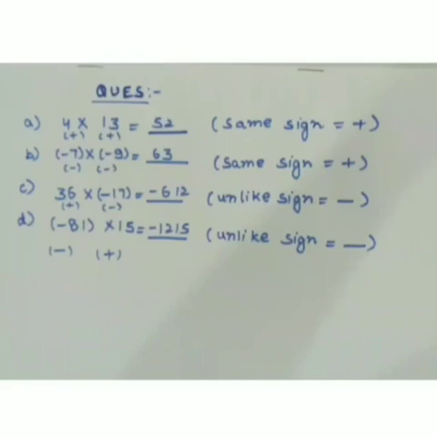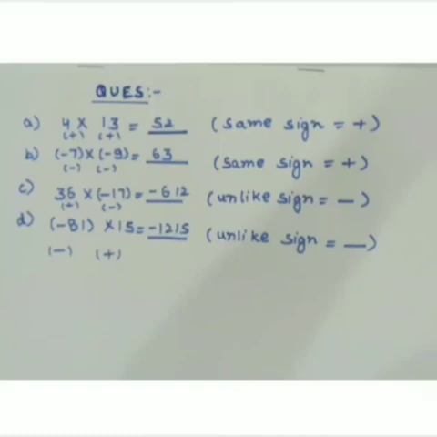Moving further with the third question, 36 into minus 17. One is a positive value and the other is a negative value. Unlike signs will give you a negative integer. Minus 612. Fourth one, minus 81 into 15. One integer has the minus sign and the other has the plus sign. So unlike signs will give us the value in the negative, so it will become minus